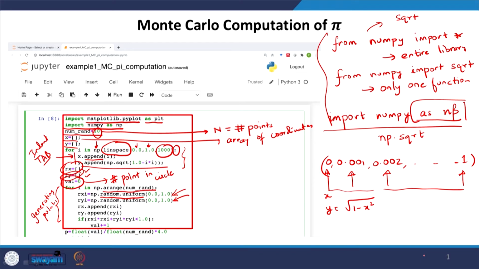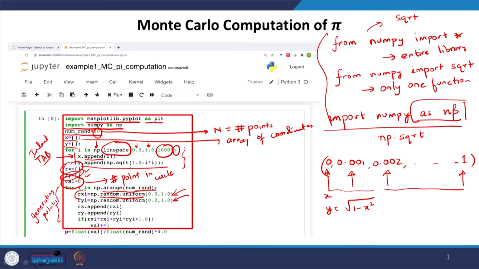So, I generate a value of x and a value of y once in the loop, and then since the loop is done 10 times or the number of points times, this will be done for the number of points that I have started with. So, I am saying that the x coordinate is Rxi and y coordinate is Ryi, and naturally I will append that into my Rx and Ry array that is going to contain the coordinates of the x and y points that I am putting in.